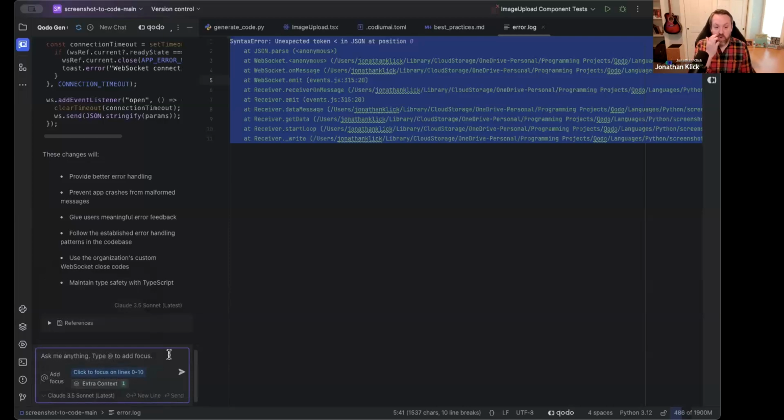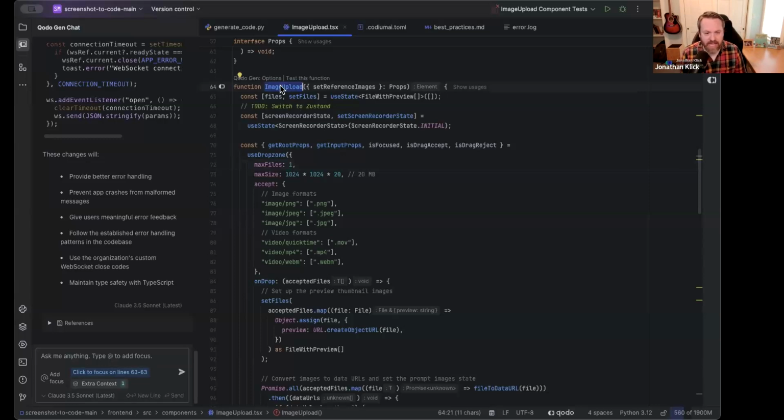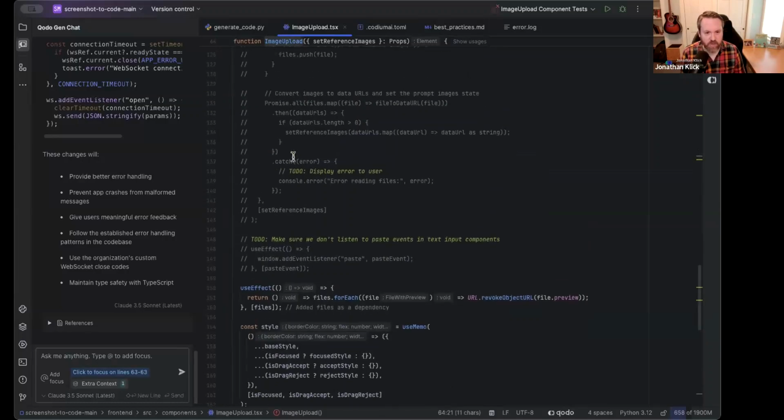So let's move along then. We talked about using the product to research things. In fact, earlier it pointed out to me the file where I needed to go to look at where the image upload functionality takes place. And conveniently enough, I actually have that file open right here. As part of this, I have this function called image upload. It's about 100-ish lines of code, give or take, because there are some commented lines in here.